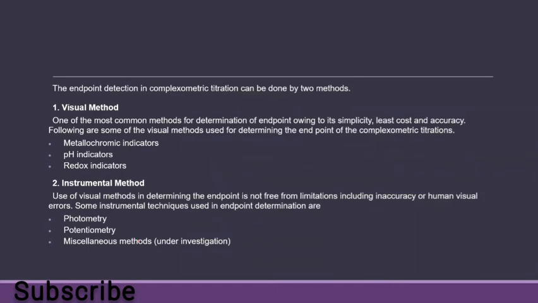Whether you have a color method or a colorless method, you can determine the formation of complexes through different types of spectroscopic techniques like UV, flame, UV visible, and also atomic absorption. There are still different types of techniques under investigation. The main techniques which we are using are pH indicators or potentiometric titration. So these are two different methods available in different official books and also in different internet sources.